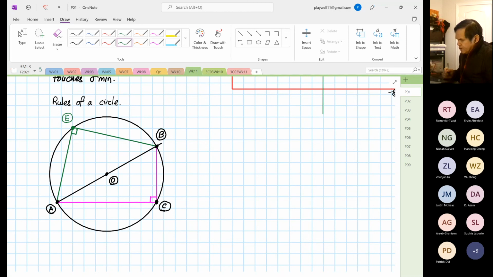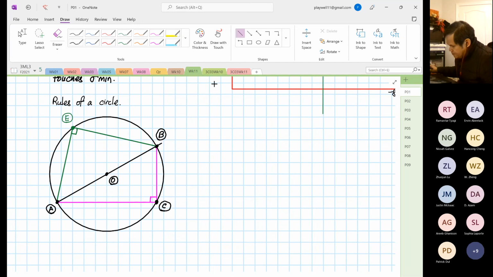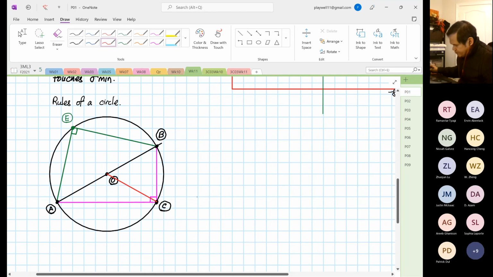Then we look at the second rule of the circle now. So if I were to draw a line from point O to point C, I draw a line from point O to point C. And if I were to call this angle